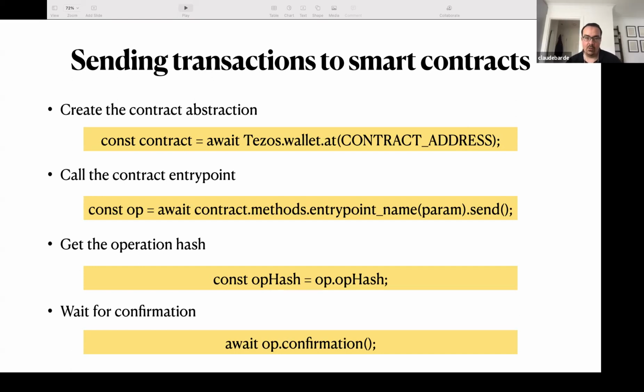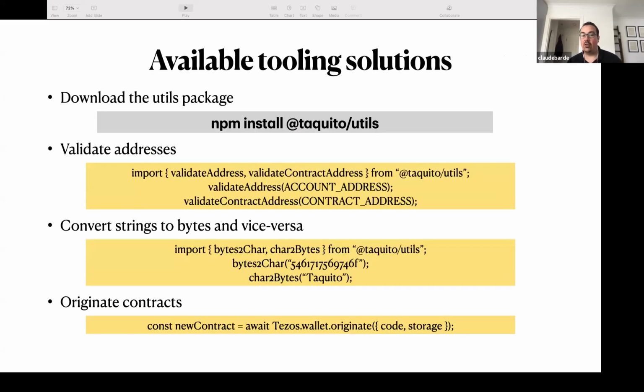And I think it's going to be the last feature. Okay, so the last one is the tooling solution. Taquito is going to give you different tools that you can use, and those tools are related to the Tezos blockchain. Most of them are in a different package that's called utils that you can also install through NPM. It would be a little bit too long to make a list of all the tools that are in this package, but probably the